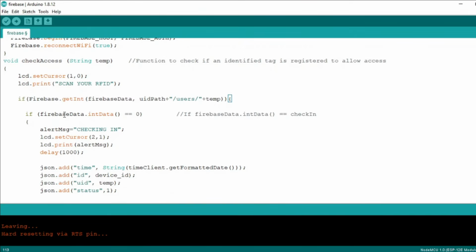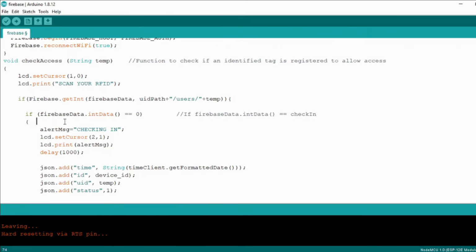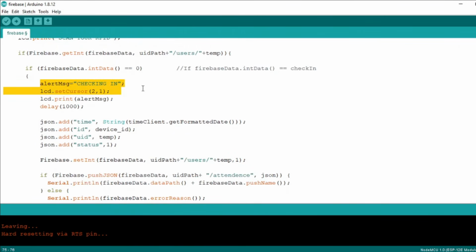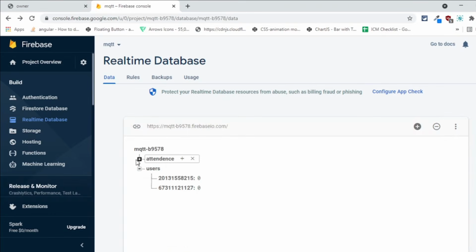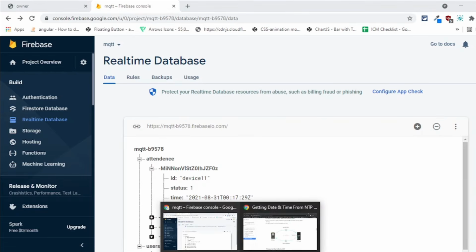So if we get the data as 0, which means that this user 20131 is not yet checked in, we are making the check-in. So we are making it check in and printing the same on the LCD display, and making a JSON object using this JSON.add, and making all these entries in this JSON object: time, ID, UID and status. You can see the same ID, status, time and UID. So we are making the object using this and pushing this data